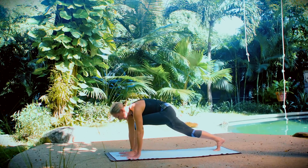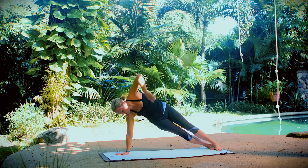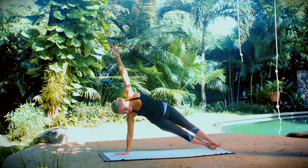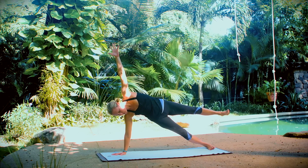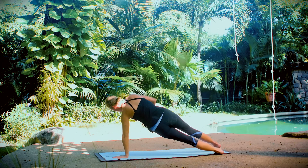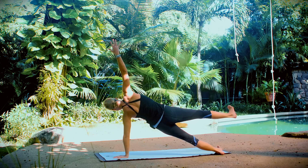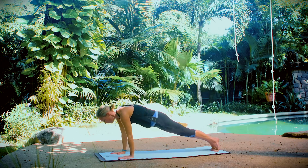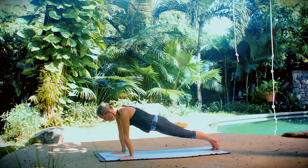Step back to high plank, and then roll onto your right side, side plank. You have the option of keeping your foot resting on your left on top of right, or lift it for 3, 2, 1. Switch sides. For 3, 2, 1, high plank, low plank, high plank, low,